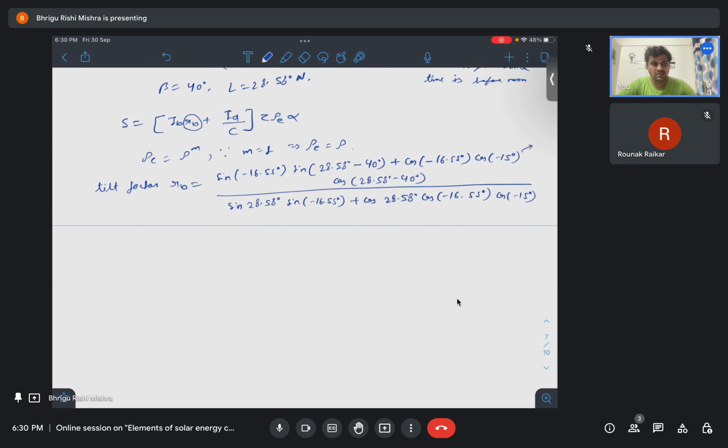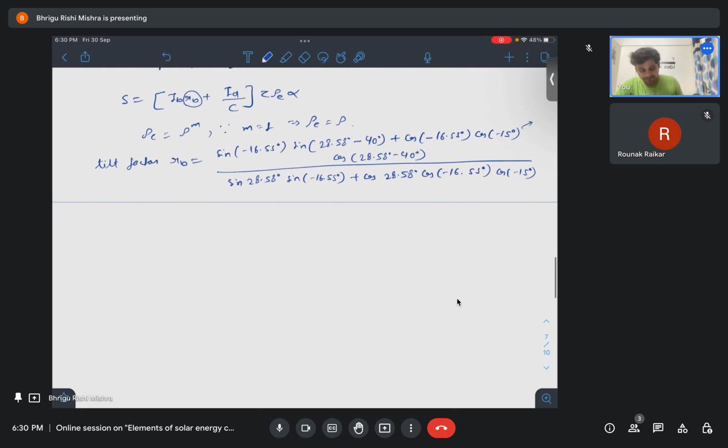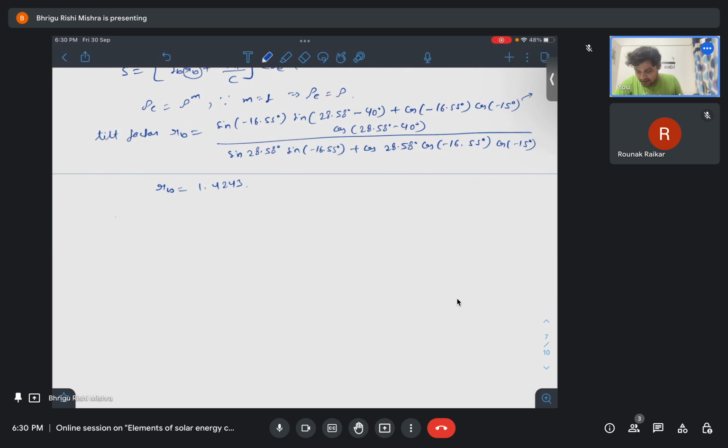So either we take positive or negative value here, it doesn't change the RB, okay. So if you put all the values, you will get RB equals to 1.4243. So now we can calculate S as IB RB plus ID by C tau rho to the power m by alpha. And IB, we have been given IG and ID, so we can calculate IB by simply subtracting both the values,